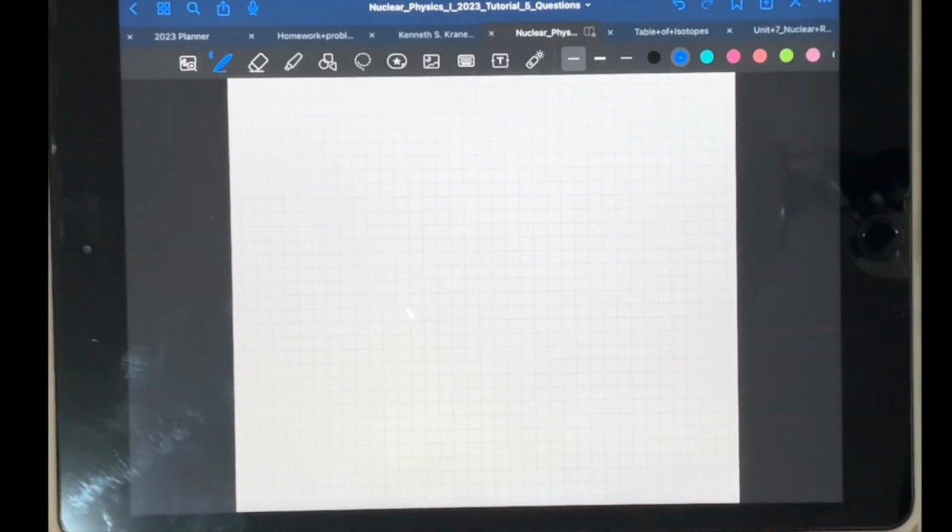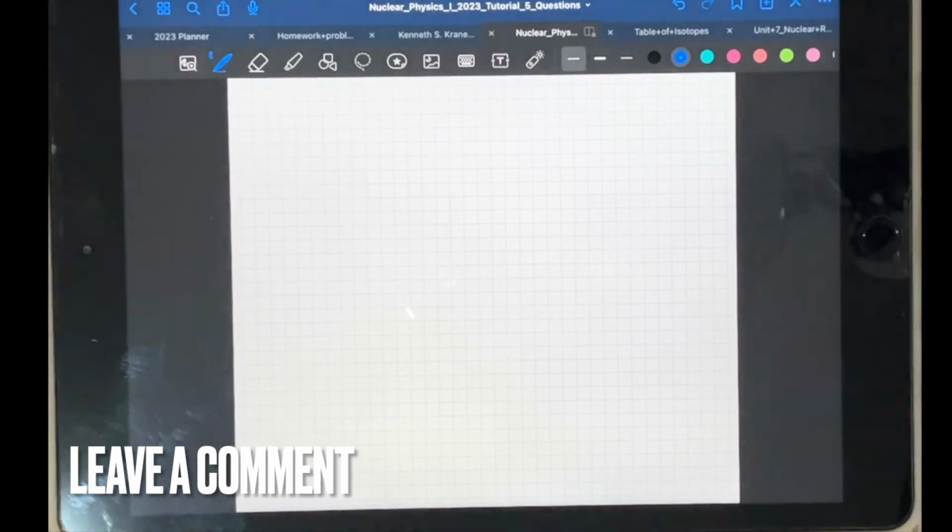If you wanted to know how to remove a page in Goodnotes 5, this is the easiest way I know how,